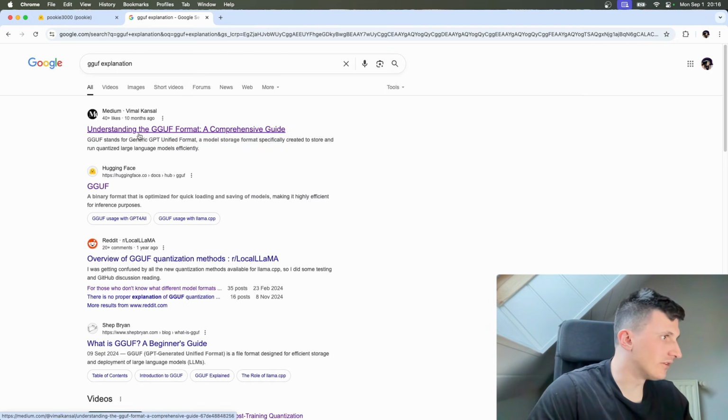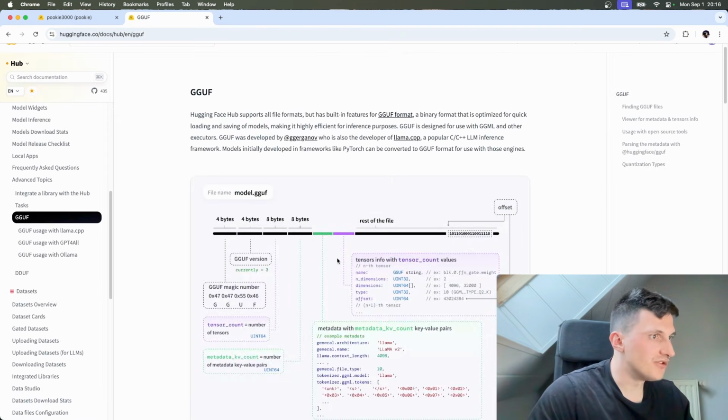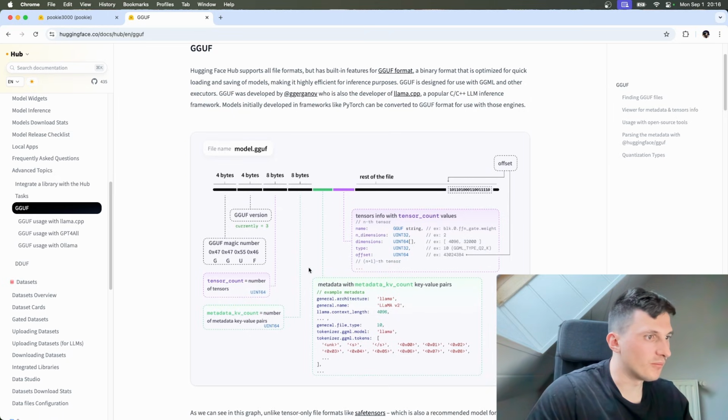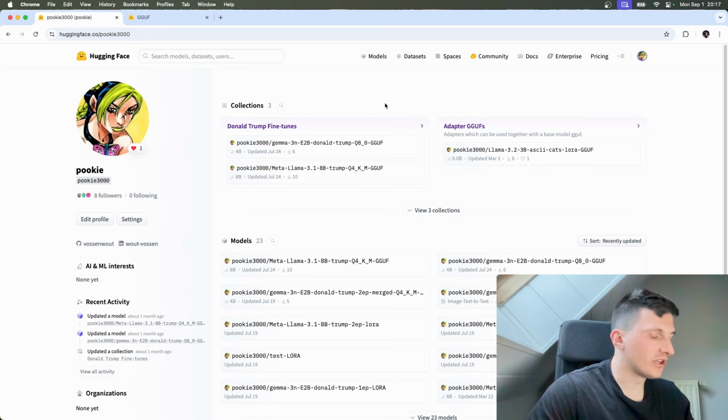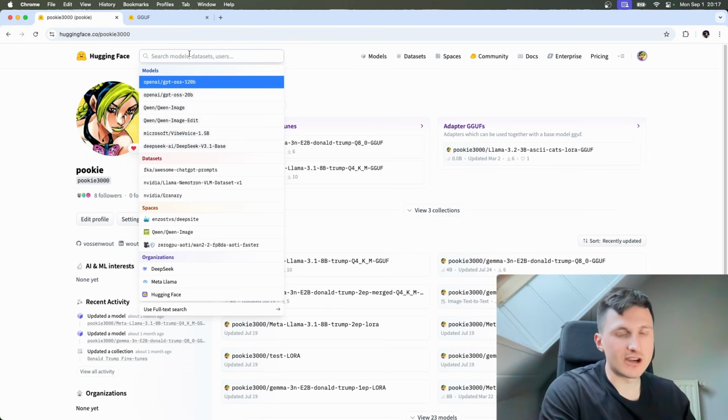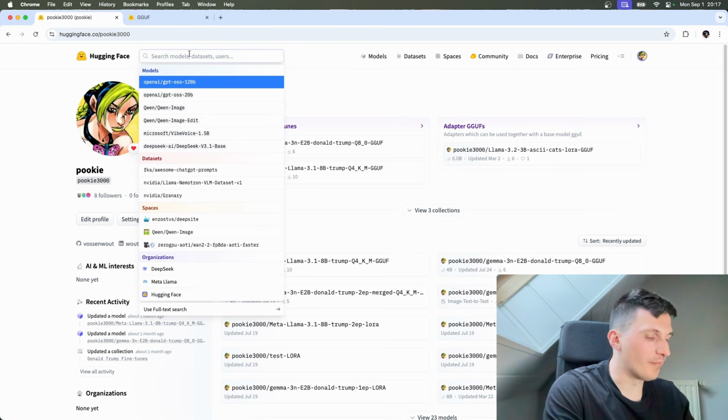GGUF is a very specific model format, like I said, which compiles everything from your LLM into a single file, so you don't need to work with tokenizers and model files. Everything is just simply in one file. And we are going to use first off the Llama CPP 4 billion